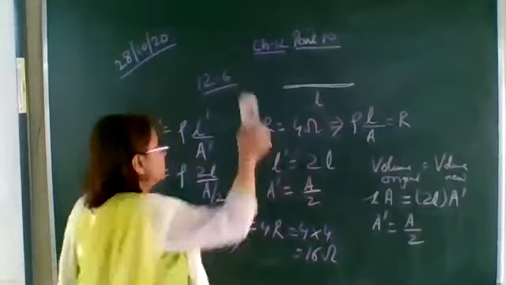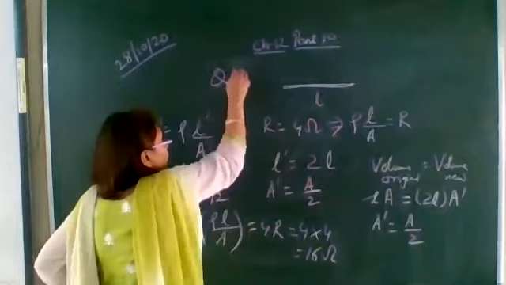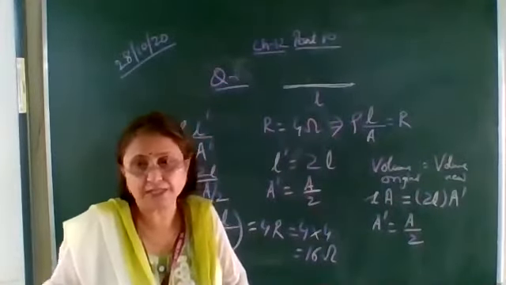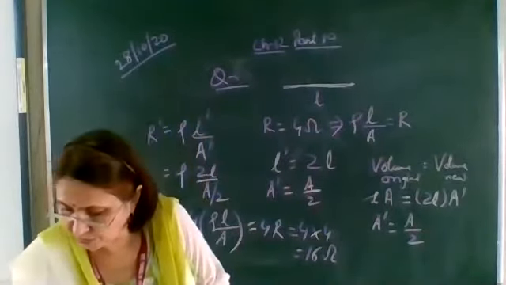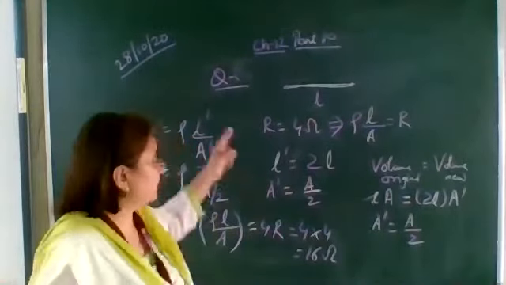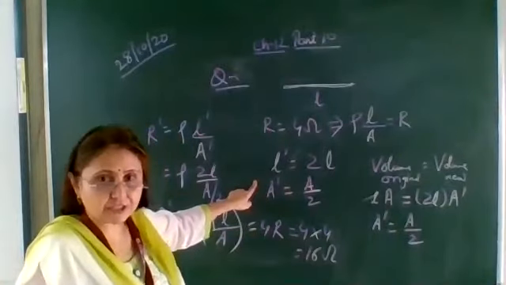Write down the question for it. Write the question, because example 12.6 is where the cross-sectional area is doubled. What is given is a 4 ohm resistance wire is doubled on it. It's not given that the length is doubled. So write the question for this answer.